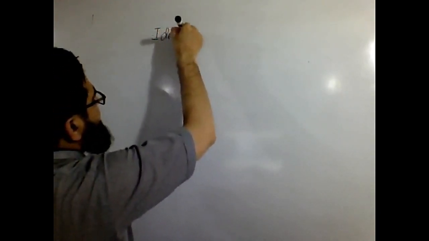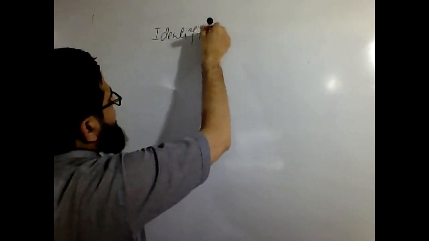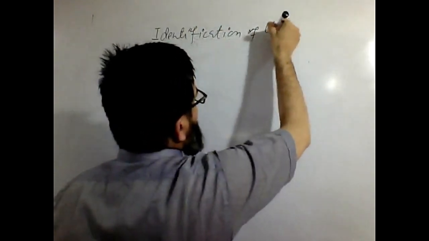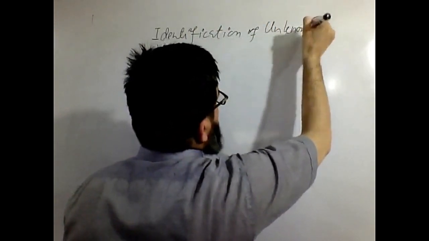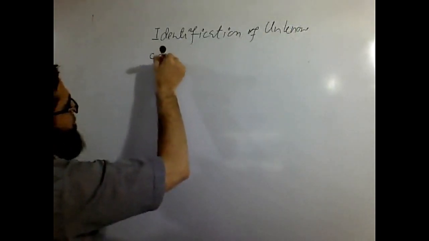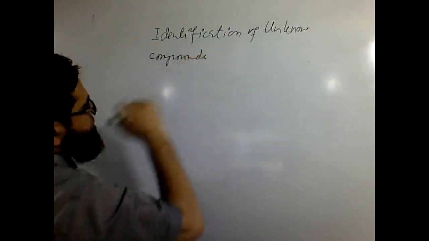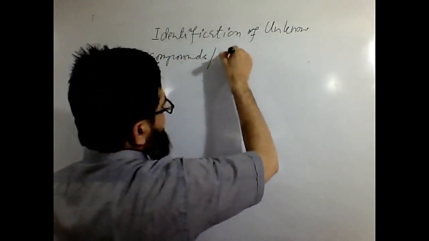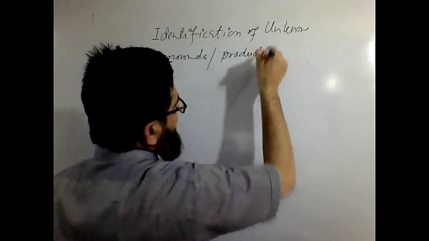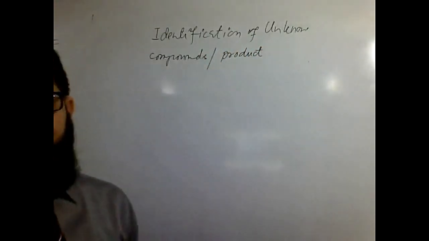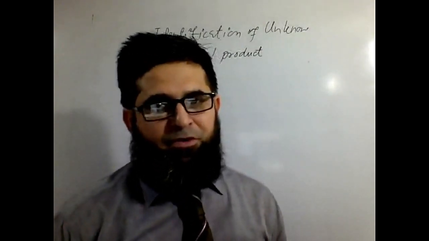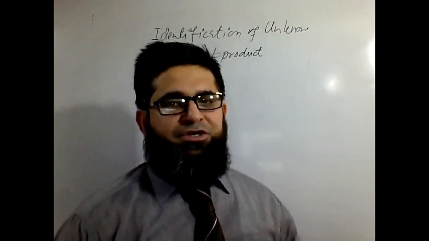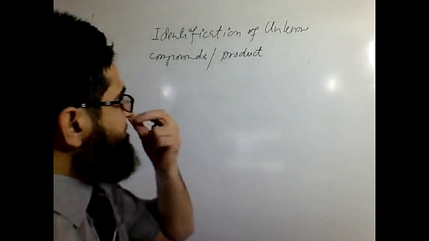Let me write the topic here: identification of unknown compounds. It could be something like that, or it could be your products. Let's say you have produced any product during a chemical reaction and you want to find out the nature of that product. You can also perform the simple wet lab chemistry test in order to find the structural aspects of